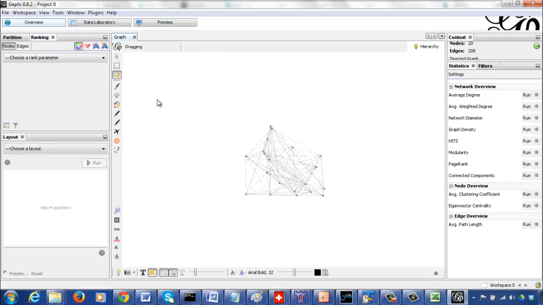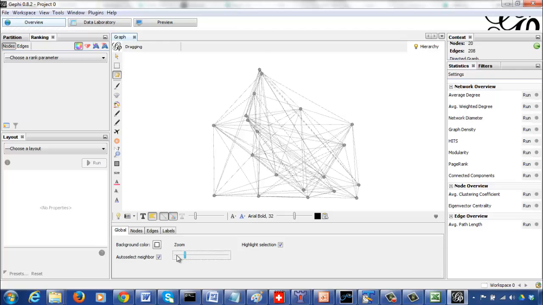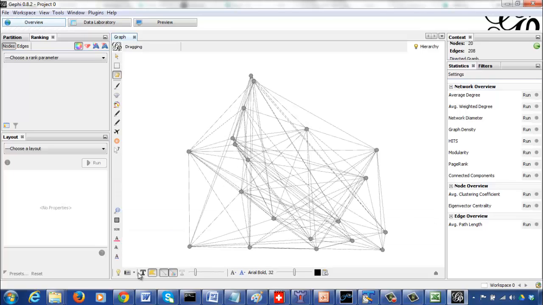Okay, so you can analyze the different options, features that you have inside Gephi. So basically, if you want to zoom this, you can click on the icon here and you'll get different things that you can zoom. So global, so if you want to zoom this, you can move this bar to the left, and you can keep zooming it. Okay, and if you close this it will go out, and